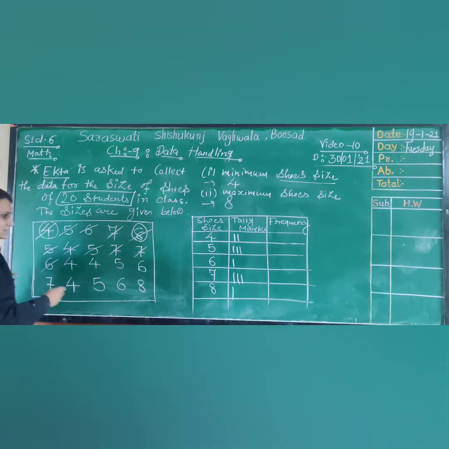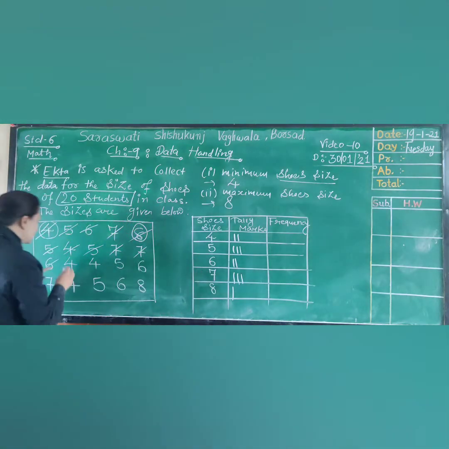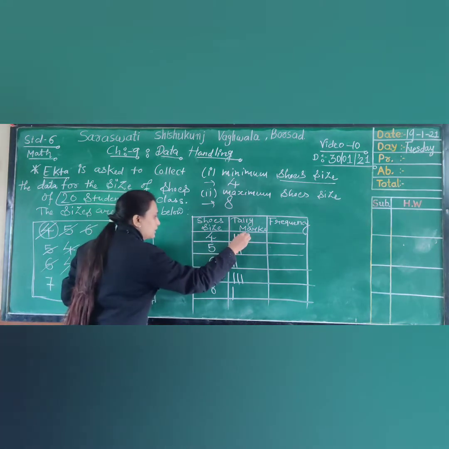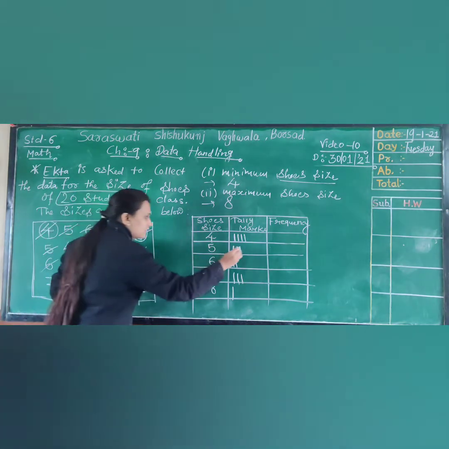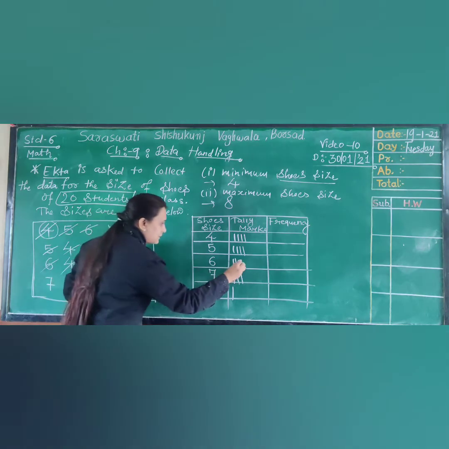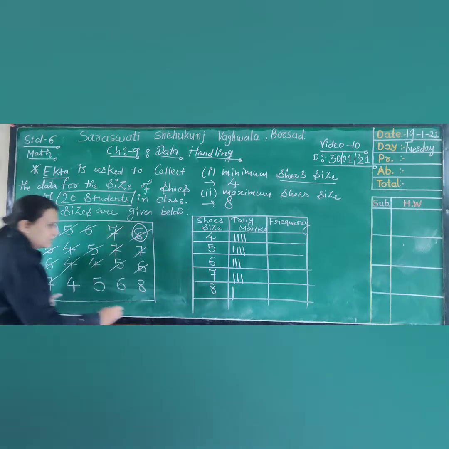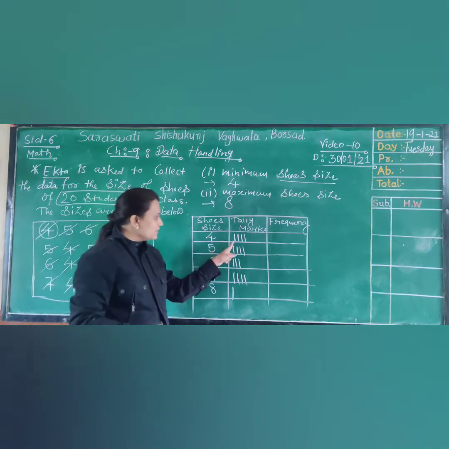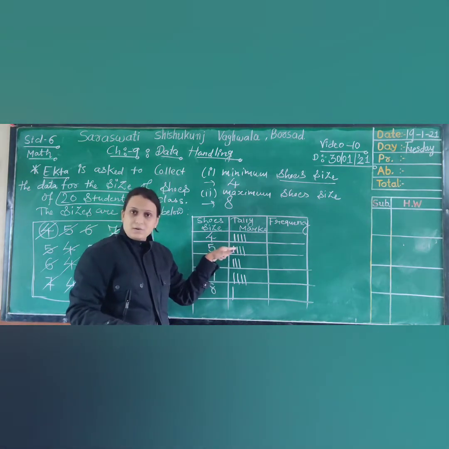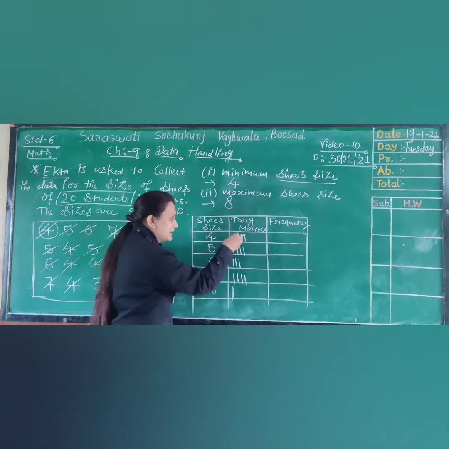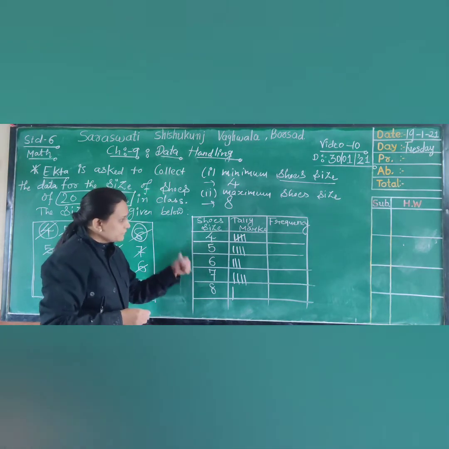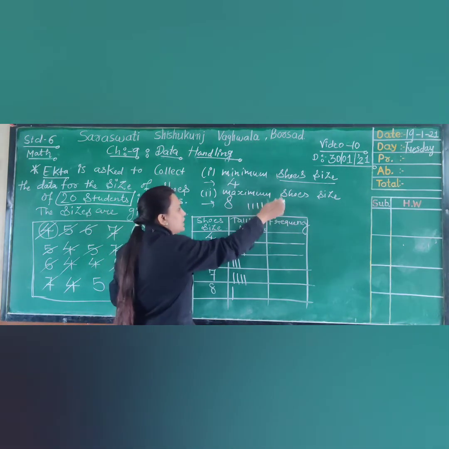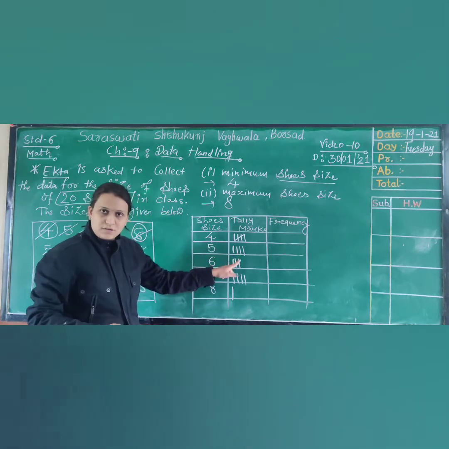The next number is 6. Then 4. Again it's 4. Then it's 5. Then 6. Then it's 7. Then the next number is 4. Here you can see 4 is defined by 4 standing lines. Okay, so on the fifth observation we use a diagonal line. On the fifth observation we are not going to write like these 4 and 5. We have to use a line across on the fifth observation.